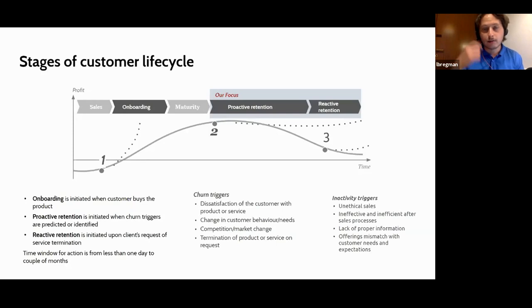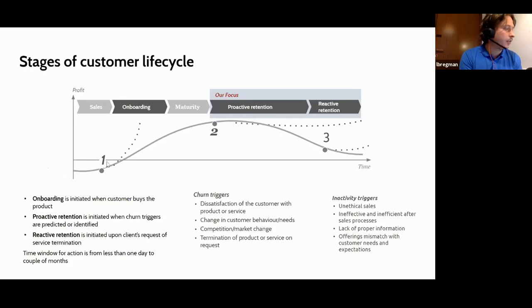There are a couple of actual ways to look at the customer life cycle. Let's take the most universal one. Maybe I will also mention a couple of alternative ways to think about it. So for an average business, we can think that there are some sales efforts at the beginning. So you have some negative profit, you're investing in the customer.